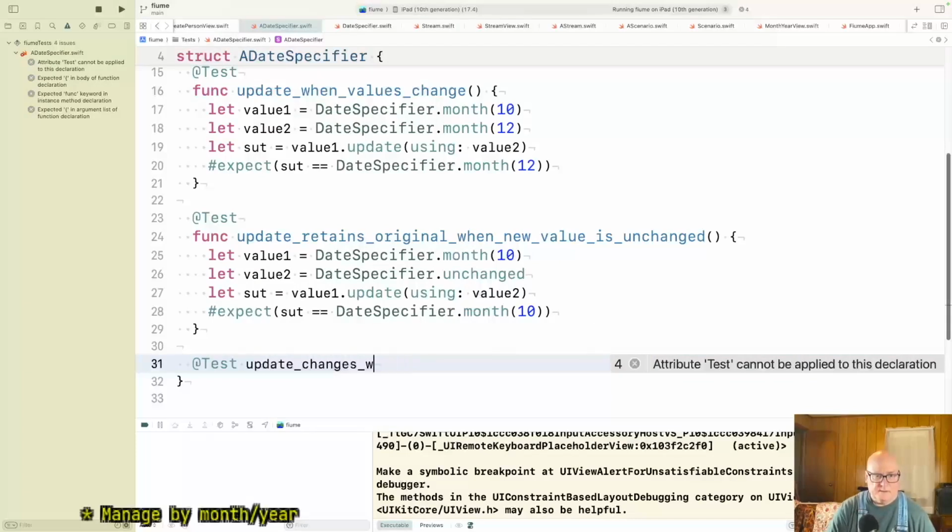Maybe I want to say age changes. Update values. Maybe age changes is enough.